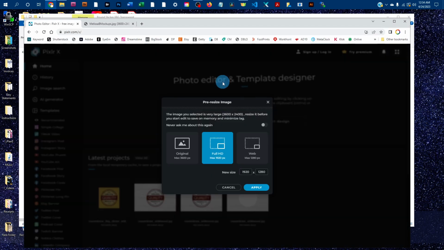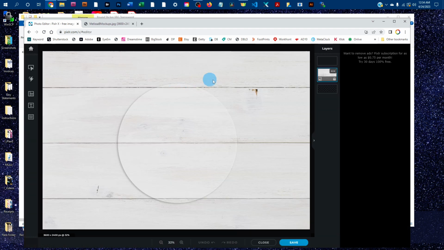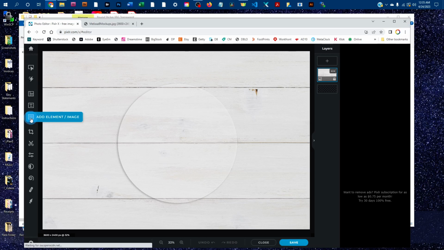And it's going to ask us if we want to resize the image to make it smaller. We don't really want to do that, so we'll just click Original and then click Apply to open the original size image. And then to add your design, it's as easy as clicking on this little icon with the square